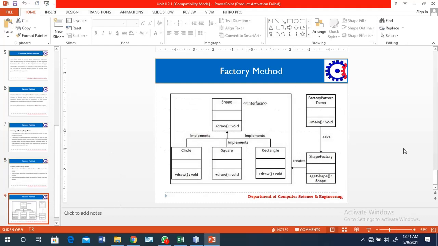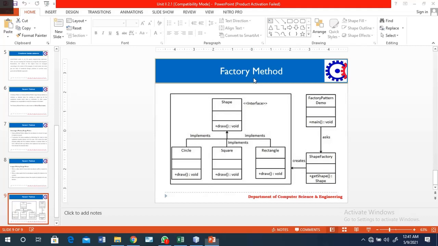Here you can see one example, a simple example of the factory design pattern. We know why we use a design pattern: basically, a design pattern is a solution for a repeatedly occurring problem within development. The name of this concept is the factory method. We can implement it through any object-oriented programming language. Here we perform the operation in NetBeans with the help of Java.